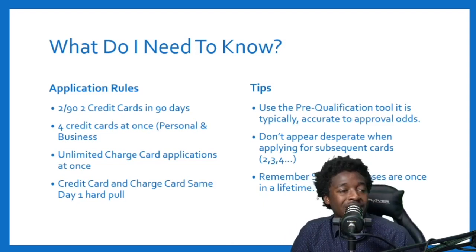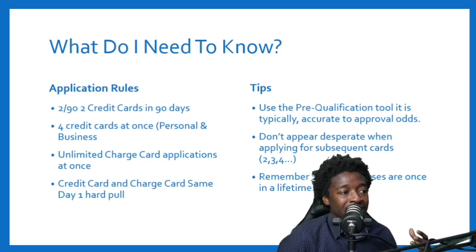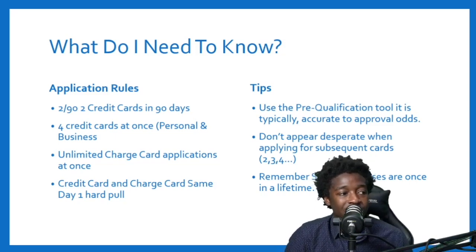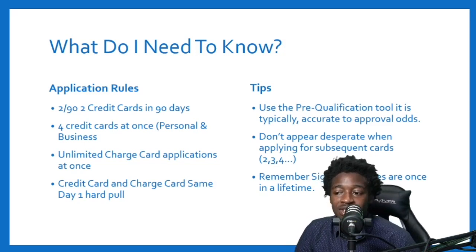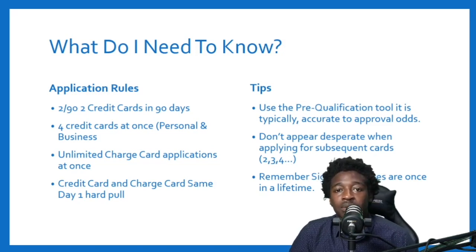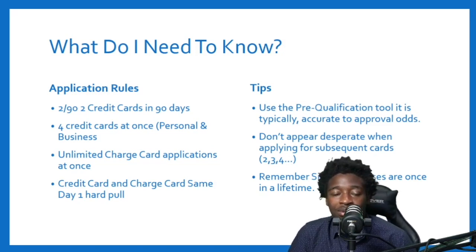So let's get back to this though. Don't appear desperate when you apply for your cards. What do I mean? If this is your first American Express card, yeah, get a credit card, get a charge card. You can do that same day, no problem. But don't apply for 20 cards the same day if this is the first day you got approved. Apply for 2, wait a month, apply for a couple more,